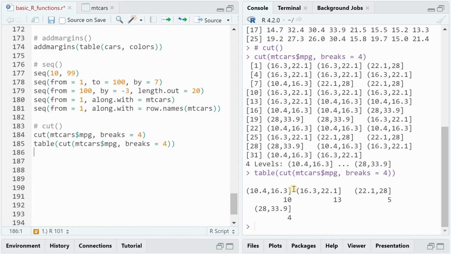So the table will reveal a distribution of your data set, that you have 10 mileages that fall in the lower bracket, 13 in the second lowest, and then 5 cars in the second highest and 4 cars in the highest bracket. As you can see, by providing these 4 breaks, it will create equally sized brackets. So this covers a range of 5.9 mileage points. Similarly here, 5.9. This is 5.8 because there wasn't a mileage